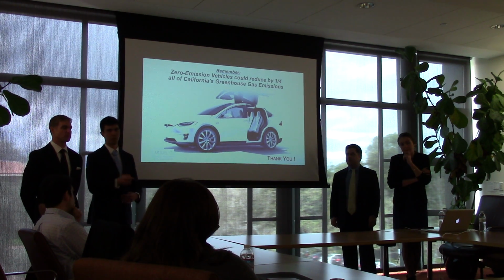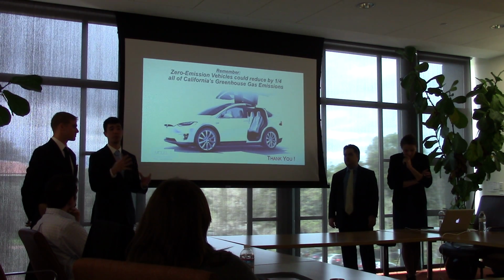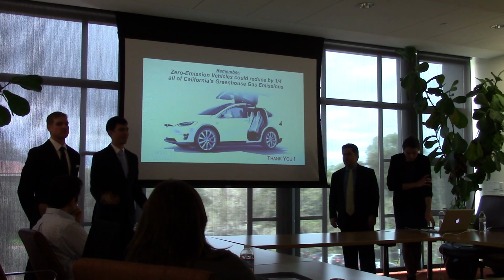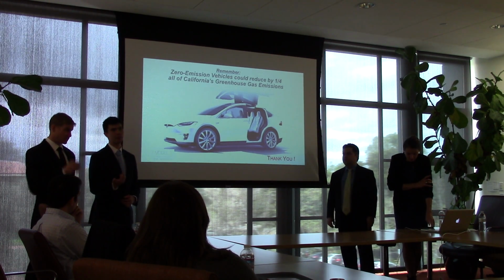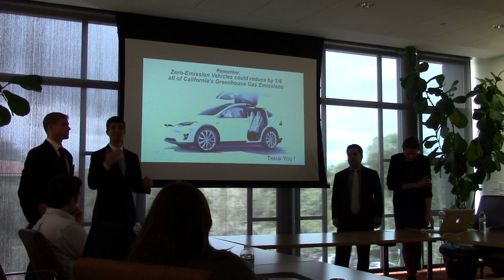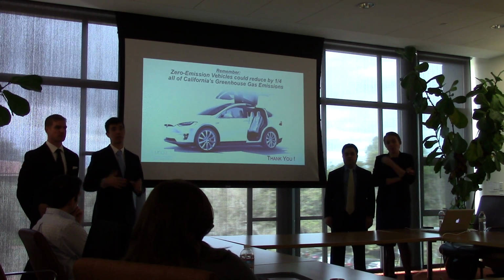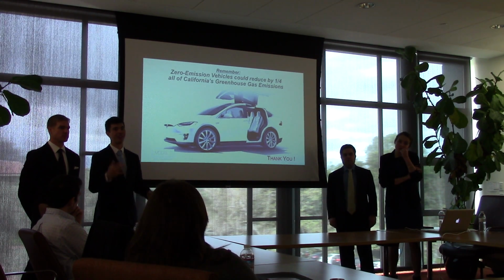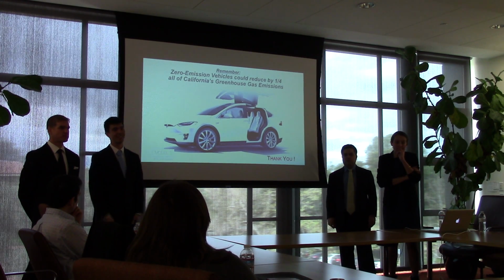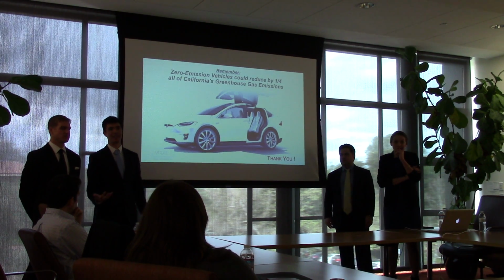Then, to address your first point really quick, actually a lot of people that buy zero-emission vehicles, the majority of them pay in cash because they tend to be quite wealthy, so they're able to pay all in cash. But the other interesting thing that we found was that people don't actually do this kind of cost-benefit analysis that we would like to imagine they do. A lot of people don't actually engage in looking at the total life cycle cost and ownership of the vehicle itself. They spend a lot more time looking at the upfront sticker price than the savings that you get from not having to change the oil, or using electricity instead of gasoline. People just